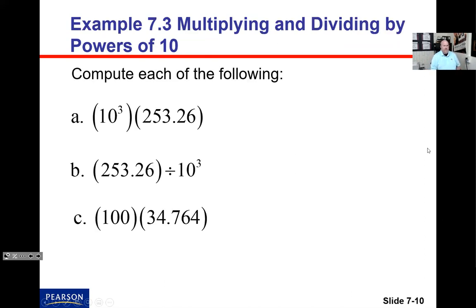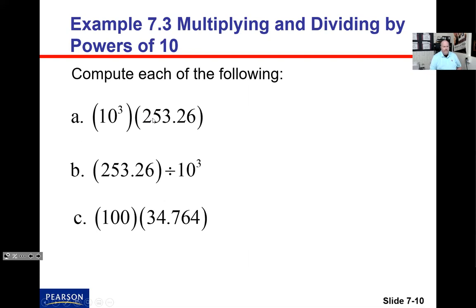Okay, so let's look at the first one here. So we have 10 to the 3, right? So what is 10 to the 3? 10 times 10 times 10, or 1 with 3 zeros after it. And we're going to multiply it by